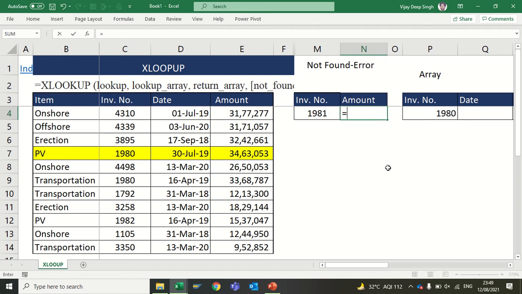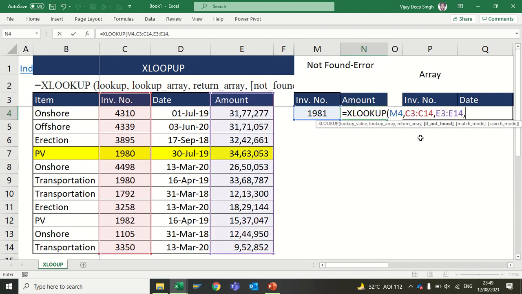In XLOOKUP there is an option so that if there is an error, you can use any value. So if I have this invoice number, my lookup array is this, comma, my return array, I want the amount here. Now it has another argument, if not found. Suppose this value is not found, I can type anything.